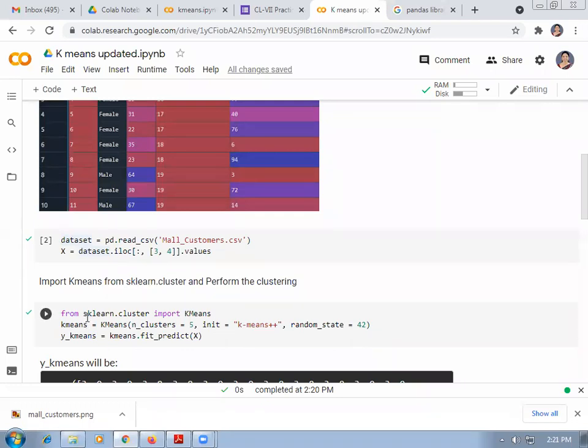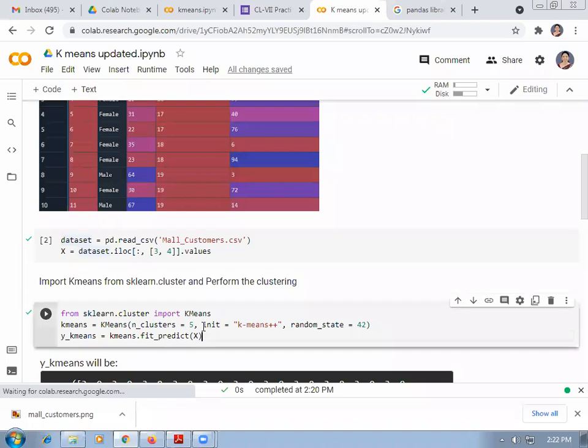And what is sklearn? It is the scikit-learn library. How many clusters? We have defined 5 clusters, with init as k-means++ and random state given as 42.